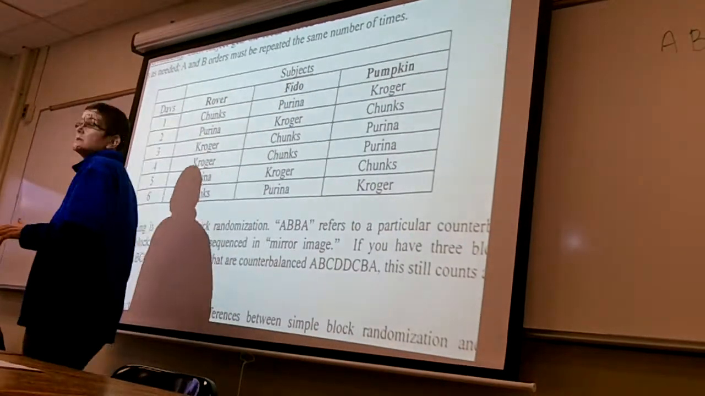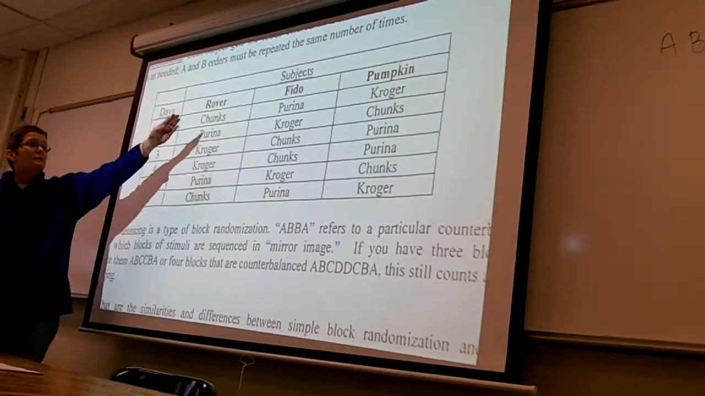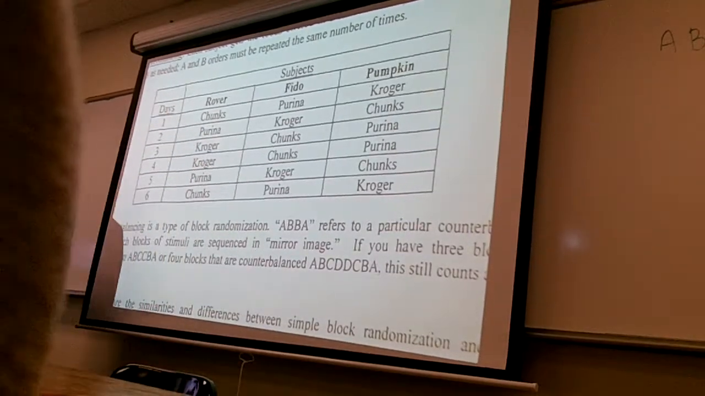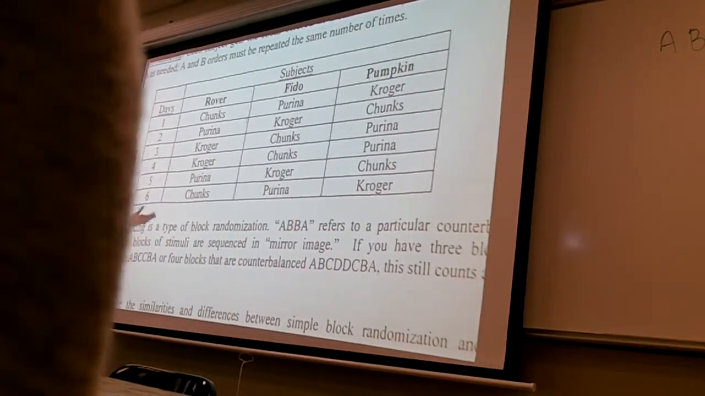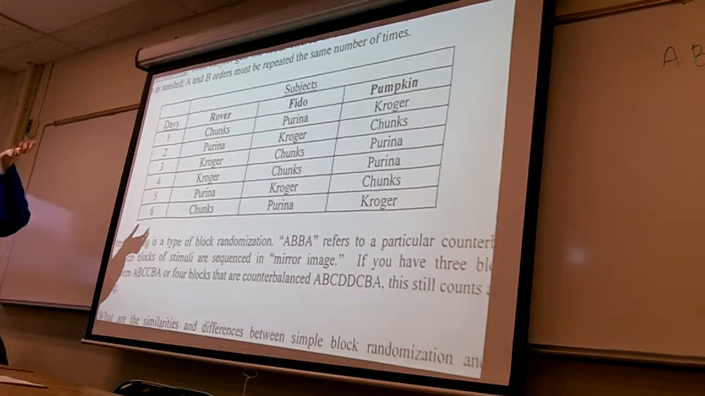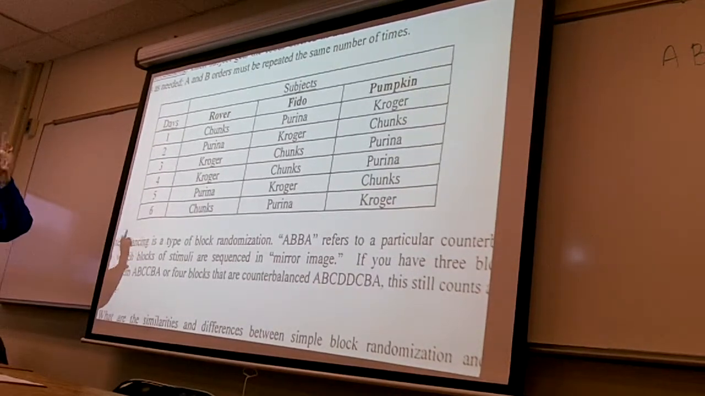Rover's block is Chunks, Purina, Kroger. Okay? And then I pick a block for Fido: Purina, Kroger, Chunks. And then I pick a block for Pumpkin: Kroger, Chunks, Purina. So I picked 3 of the random orders, and I gave each one a different random order for the first 3 days. And then to get the second random order, so I have a complete design, I just flip